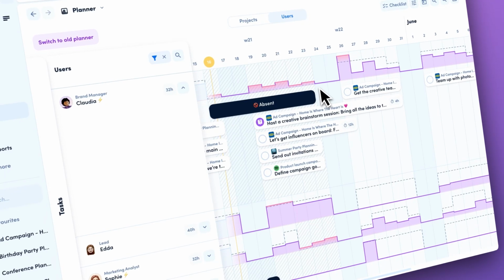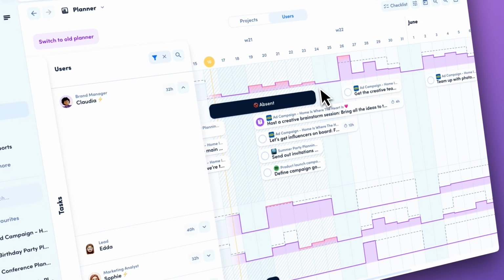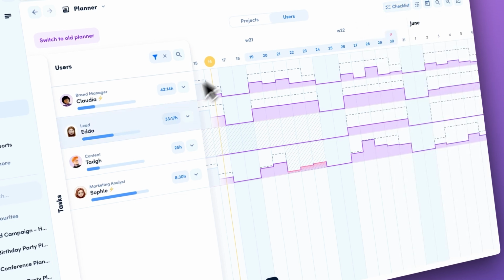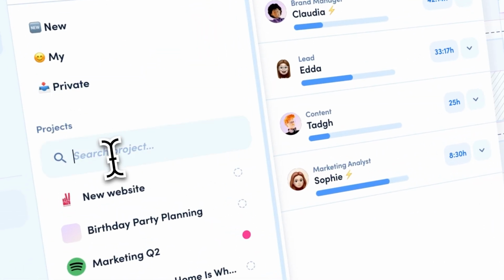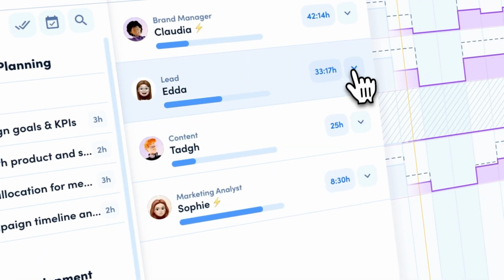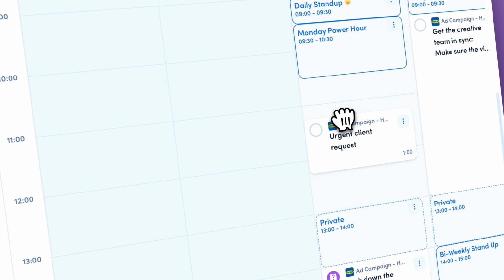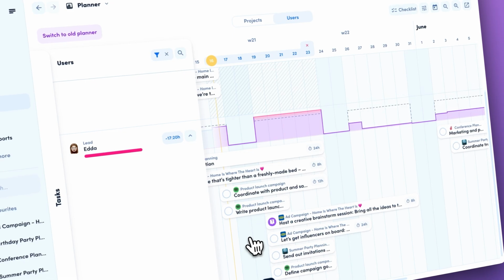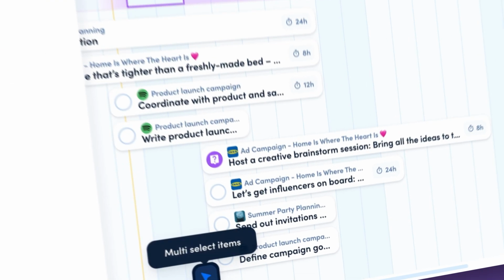In this video, I'll show you how to create a detailed project plan using the planner in awork. This type of planning is perfect if you want to keep a close eye on your team's daily capacity, use project tasks as the basis for your planning, and if you track time or schedule your tasks directly within their calendar. If you're looking for a more high-level monthly or weekly overview instead, check out the other videos in our